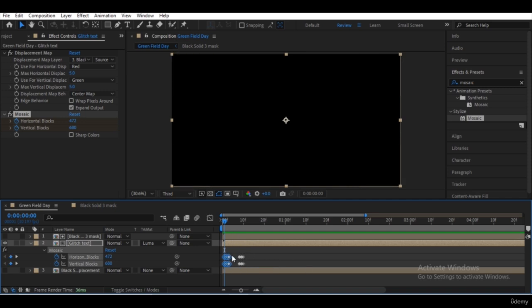Press Ctrl V to paste, and play and pause with the spacebar on your keyboard. To increase the space between these keyframes, press Alt and click and drag all the keyframes that we have selected. So it's going to be like this.